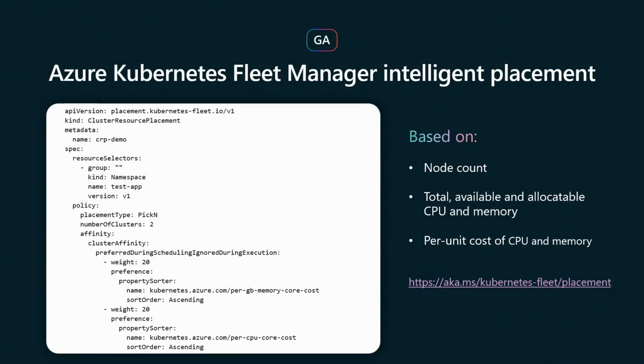There's one more thing, though, which is what if you're going across regions? And in that case, we also have now GA the intelligent placement for Fleet Manager that allows you to deploy to not just the cheaper SKU and the cheaper node pool, but actually the cheapest region altogether from all your clusters. So you saw Fleet in action with those upgrades where you have multiple clusters. You can actually use Fleet to select which cluster you're going to deploy based on cost.